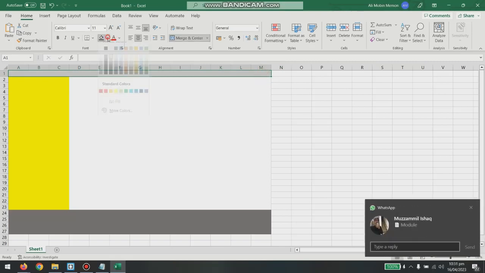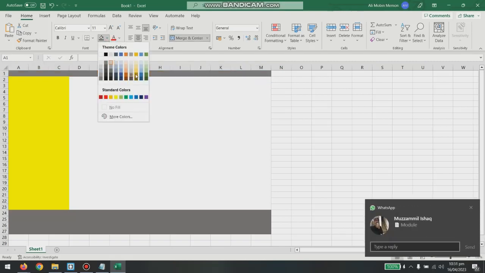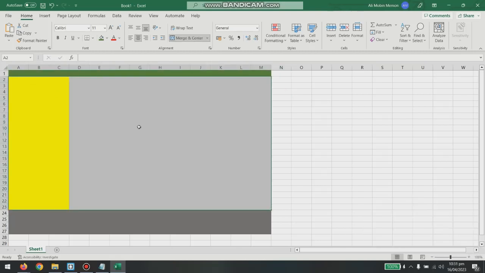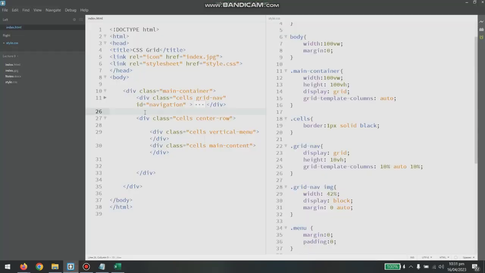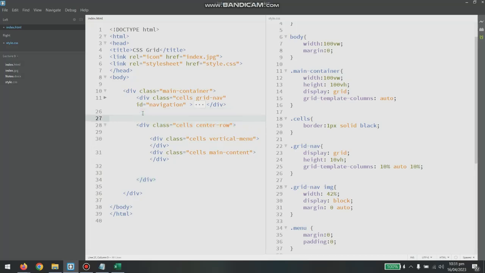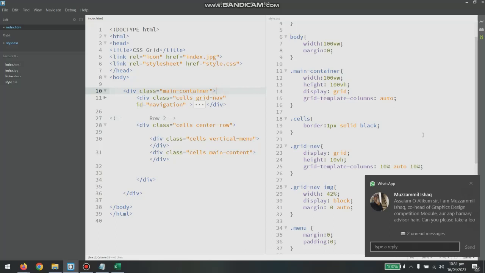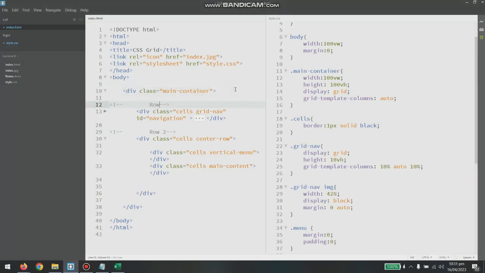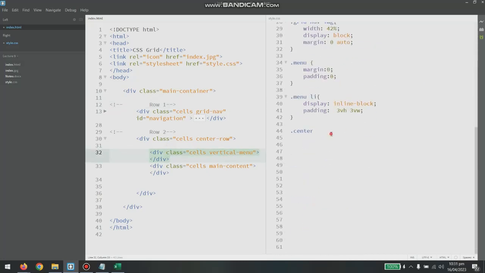Not this one. Let me write. I'm not talking about this green area, I'm talking about this yellow and white area. So this is a second row, so this is a second row 2. Okay, and this will be row 1. Okay, so in row 2 there are 2 columns, as I have mentioned. So this is center row, or I can just write second row here,